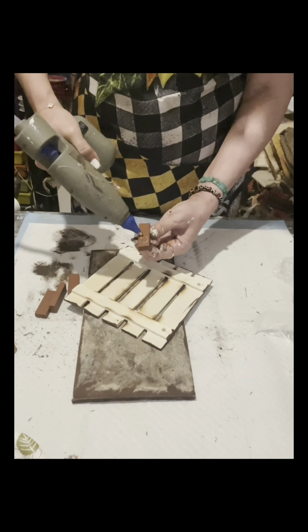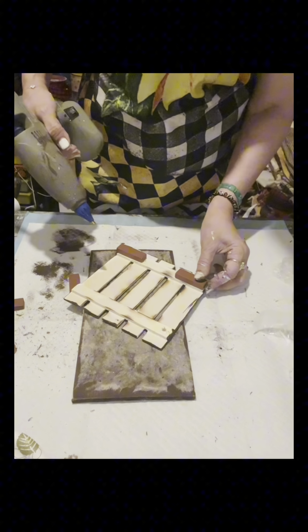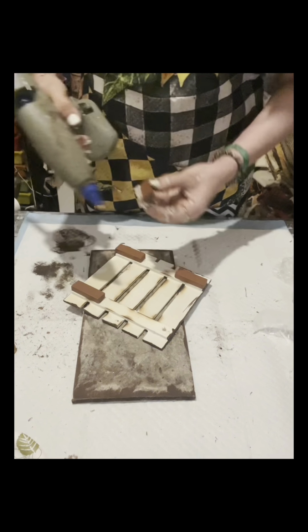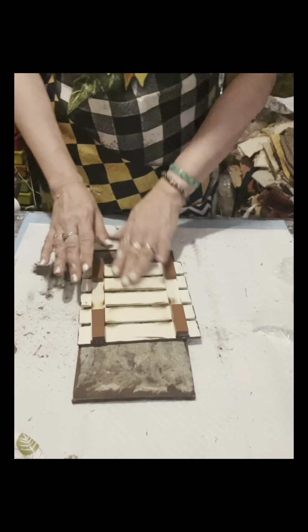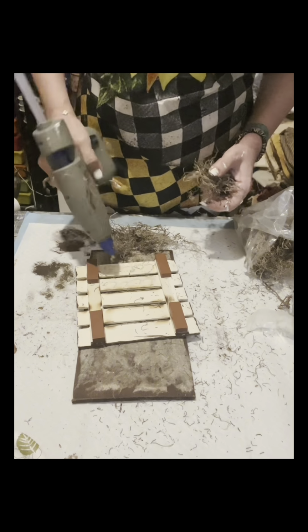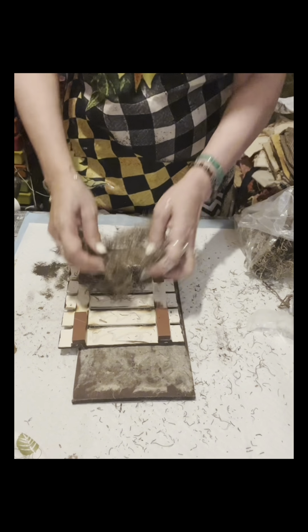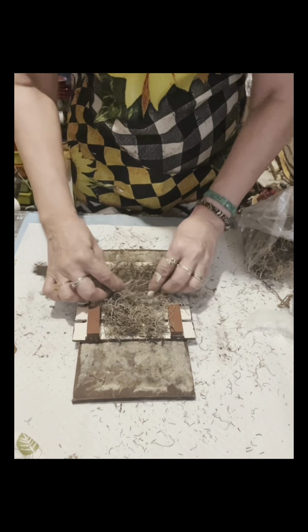This time I have these 4 tumbling blocks from Dollar Tree. This is already painted just like that. If it's not painted, you can paint it with Burnt Umber by Apple Barrel, or any paint that you like. It doesn't show anyway. I just glued it there because I want this piece to raise a little bit. And before I glue it, I will put this Spanish moss there first,